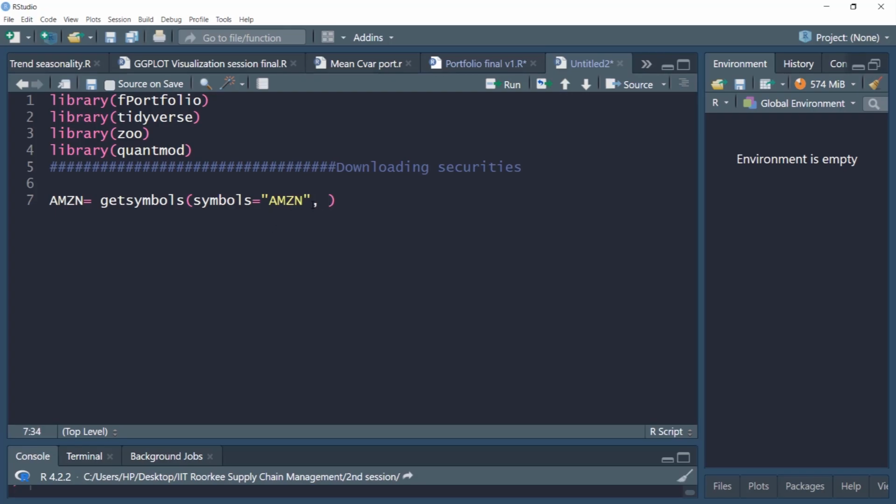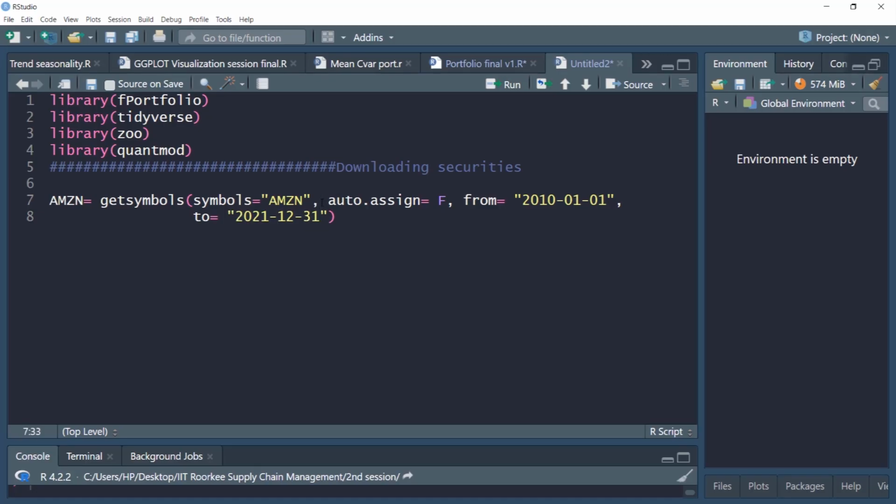I am downloading all the data in this AMZN object, and I'll put this command auto.assign equal to F, and I'll supply the period also, from maybe 2010, 1st of Jan. So this is my starting period, and I'll provide this data to 2021, December 31st. So this is my closing period.